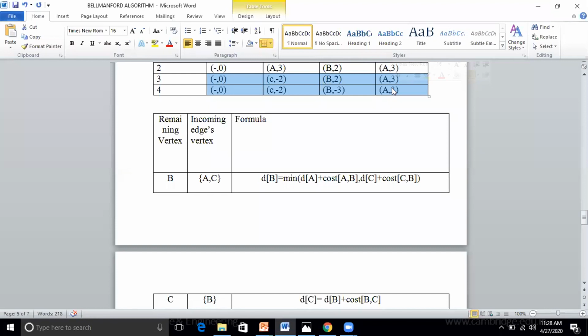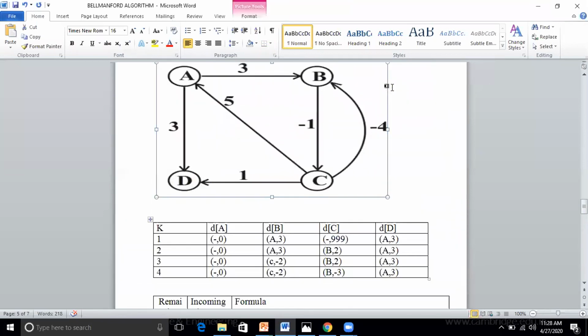This graph has what? A negative cycle. There is no shortest path for this graph. So like this, even though the graph supports negative edges, the Bellman-Ford algorithm checks for a negative cycle. If there is a negative cycle, this graph is not considered for communication. Okay? Understood, right? Any doubts?